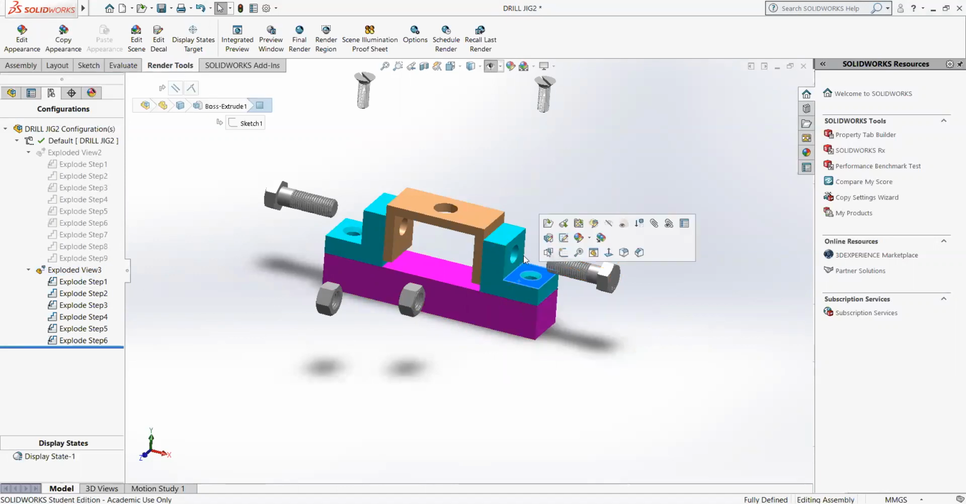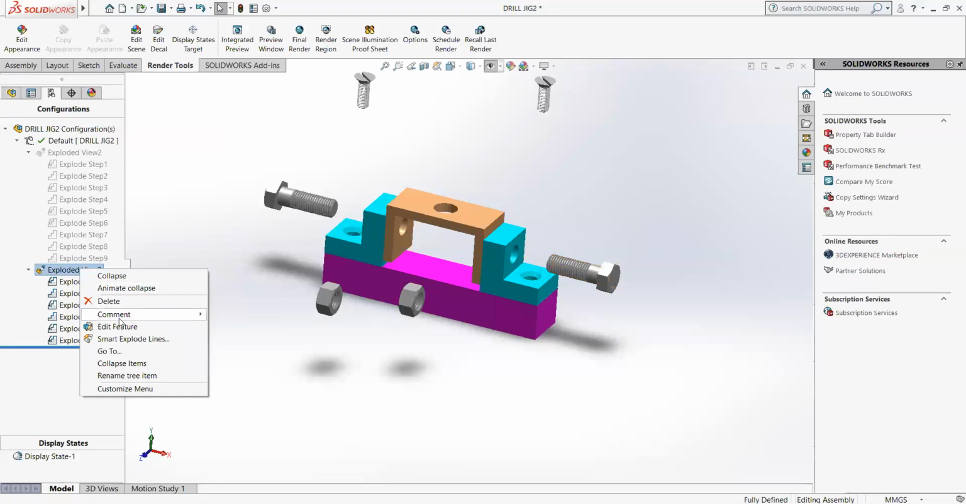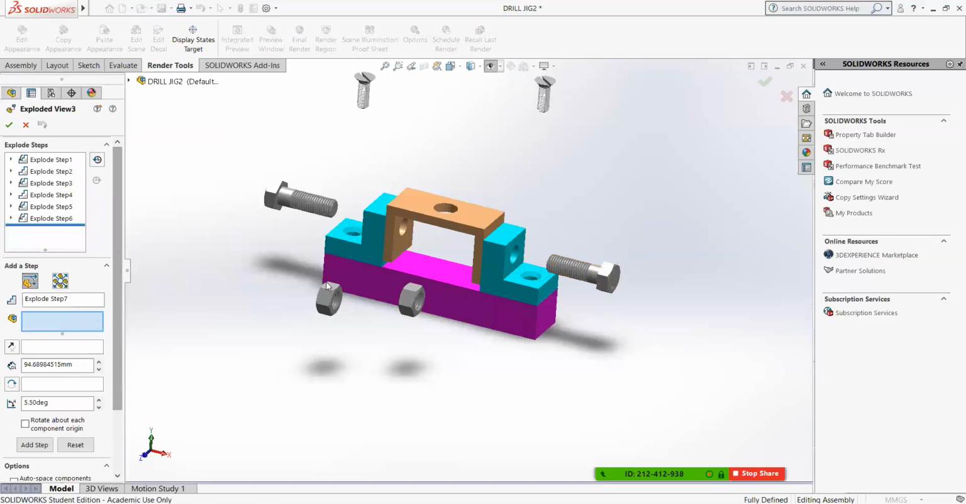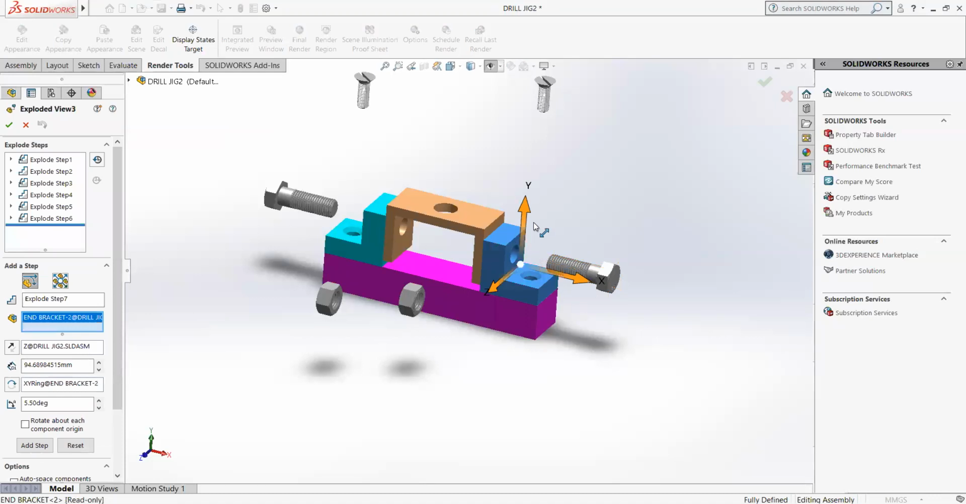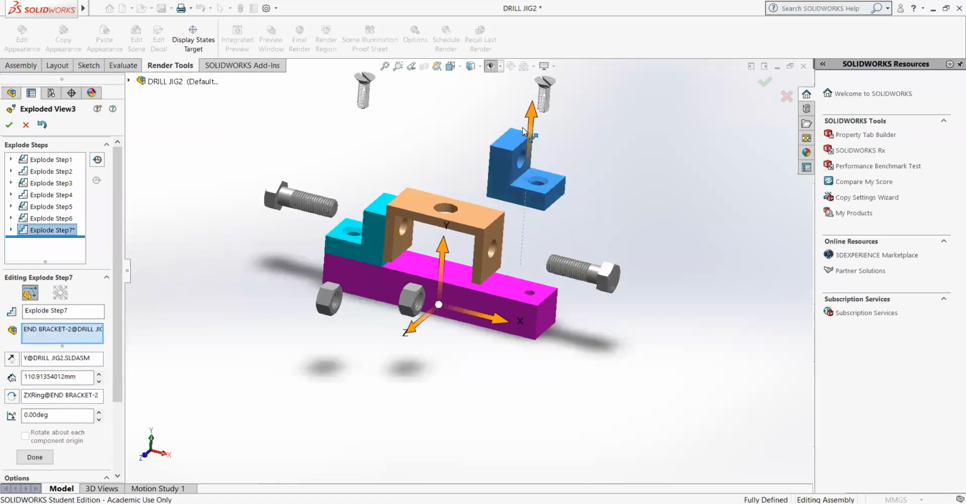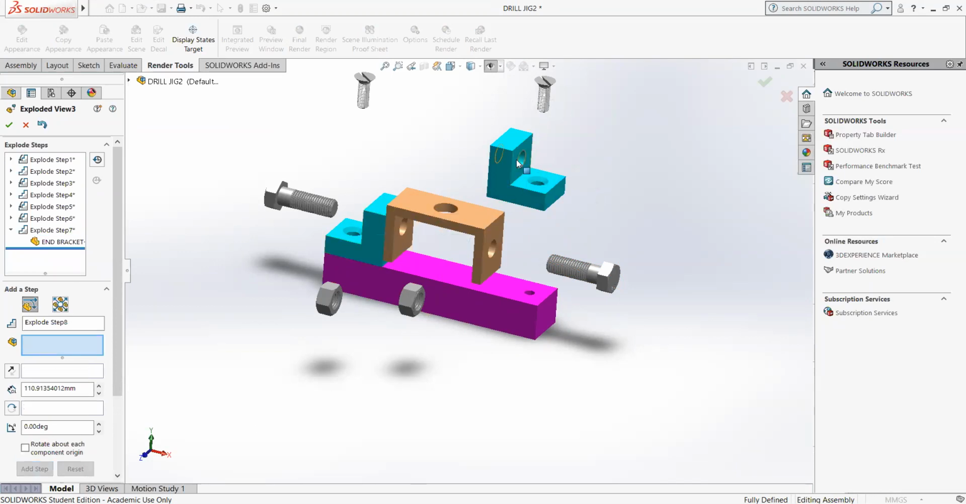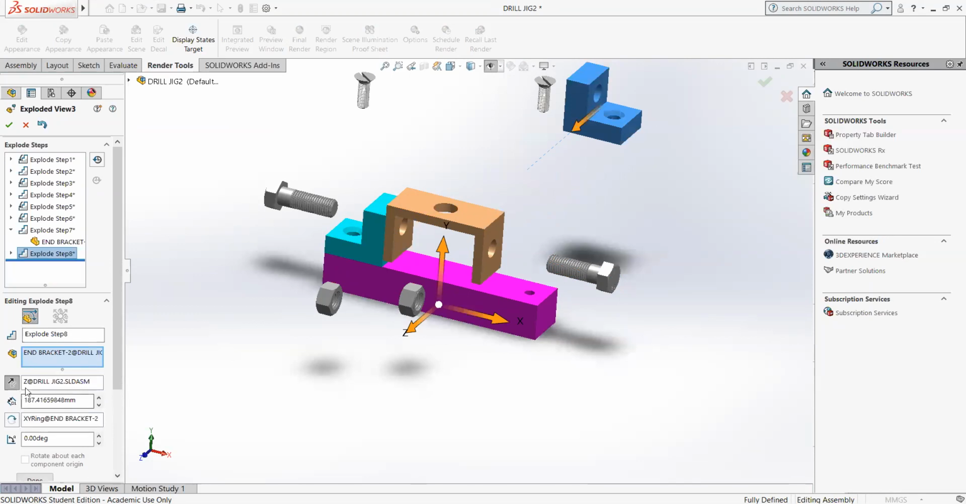I'm going to pick this guy again. Whoops. No, now I got to go and edit the feature again. Take this item, I'm going to drag it up. Take the same item, drag it over. It literally is step by step. Pick this item, drag it up,